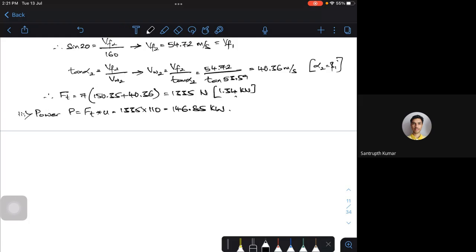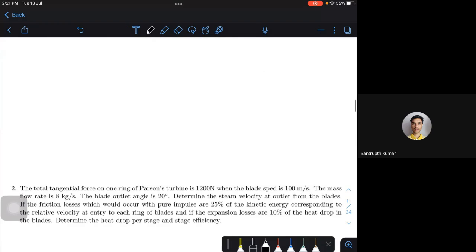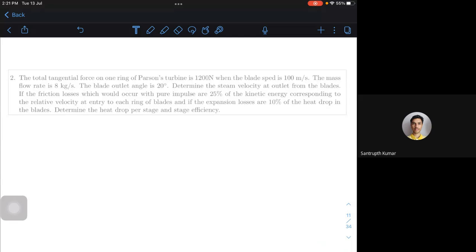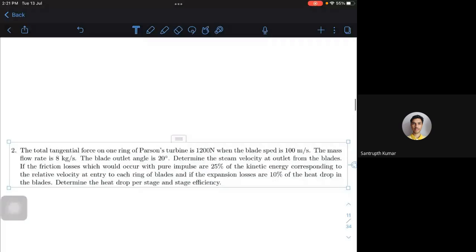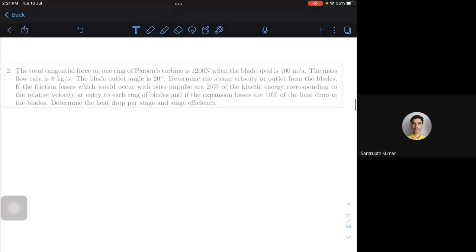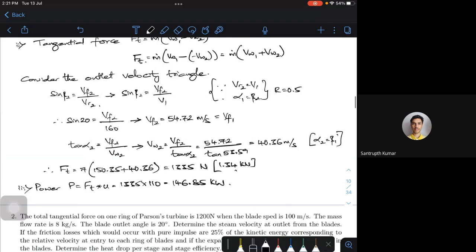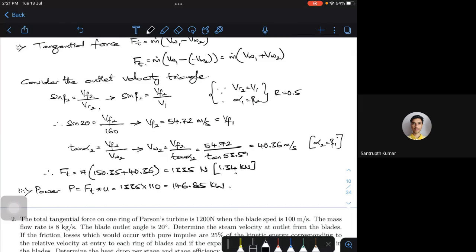So we have done a similar kind of thing for an impulse machine. The same thing we are doing for a Parsons turbine, where R is equal to 0.5. Is that clear? The problem is the same. Whatever we have done for the impulse machine, the only thing is there R was 0, and we are using similar kinds of velocity triangles. There we were considering beta 1 is equal to beta 2. Blade angles are same. That's the kind of condition you saw.